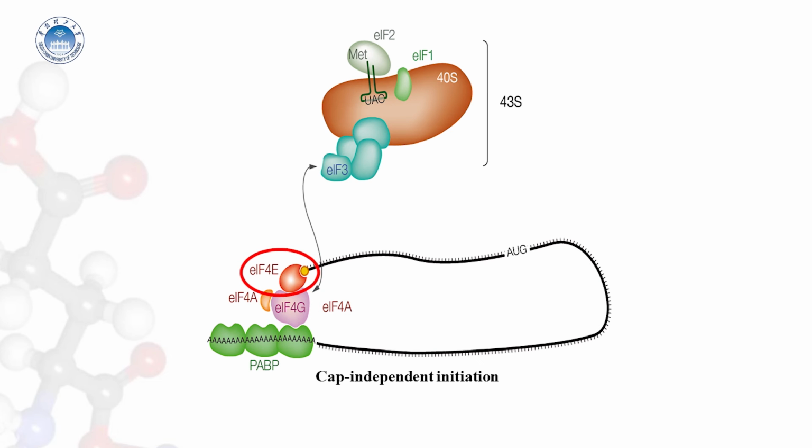The eIF4E is a cap binding protein, and binding of the cap by eIF4E is often considered the rate limiting step of cap-dependent initiation. The 43S pre-initiation complex, accompanied by the protein factors, moves along the mRNA chain towards the 3' end